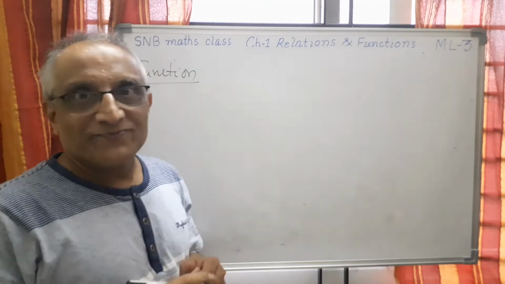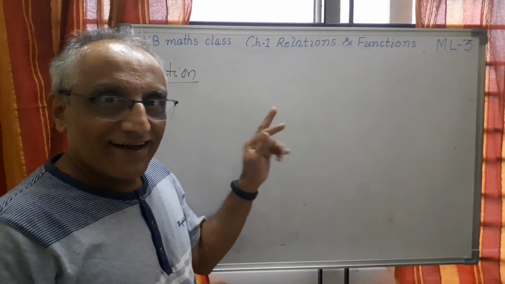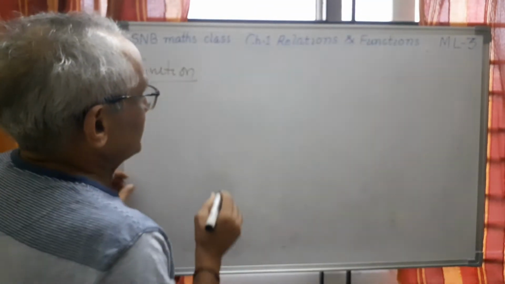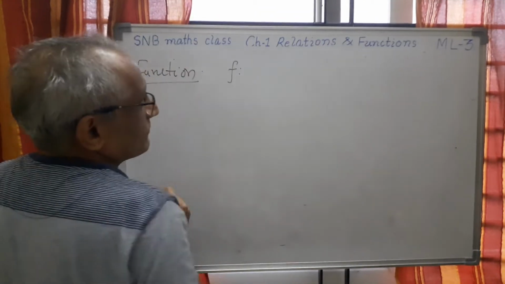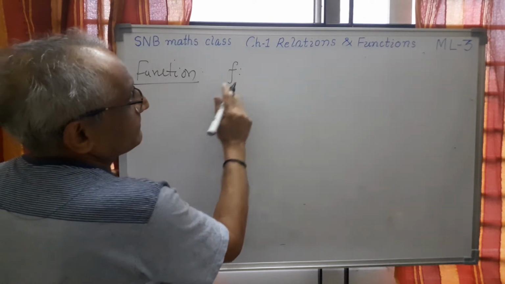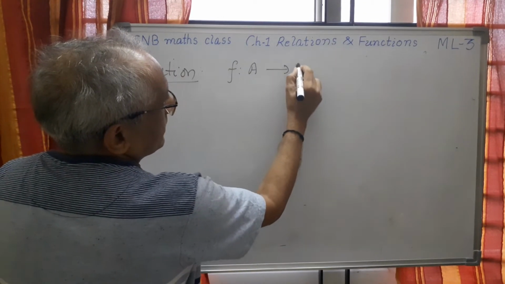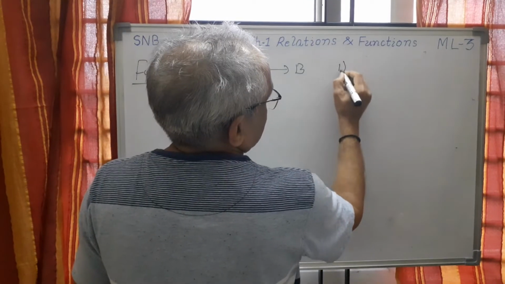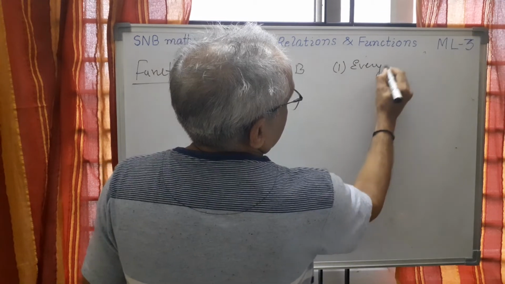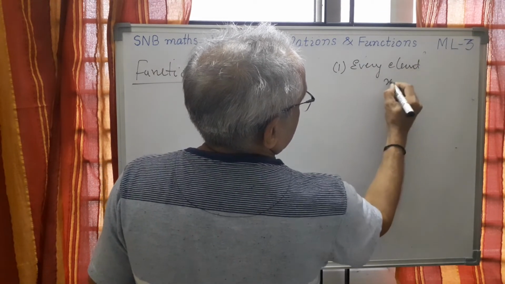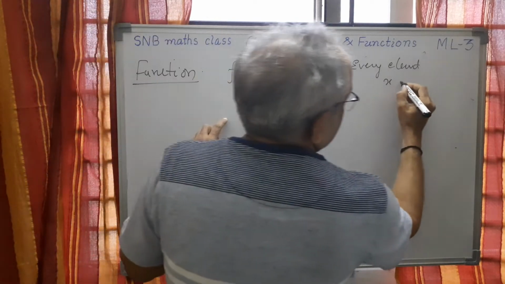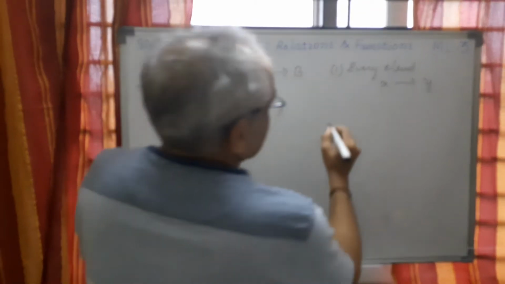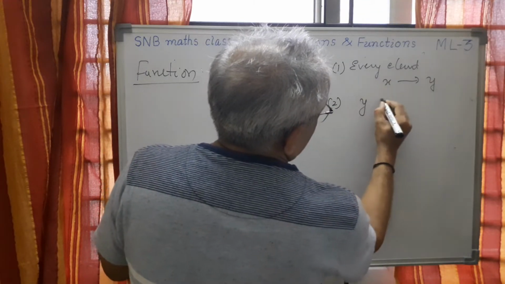This is also not new. We studied this in the last year, second chapter, function, relations and then functions. So let me recall what is function. Function is also a relation from a set A to another set B, satisfying two conditions. First condition is that every element x here should be related to some element y here. So this is the first condition. Second one is y should be